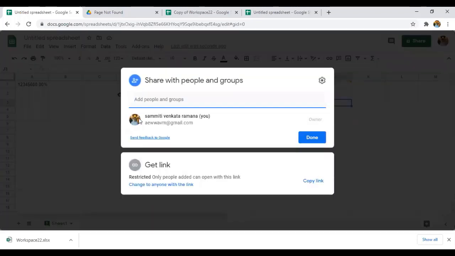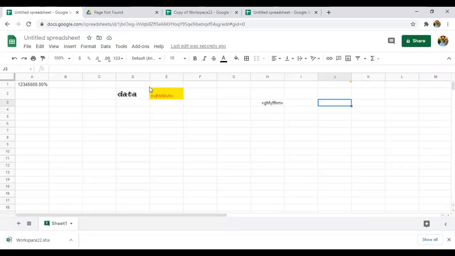Okay. So these are the main tools that we are going to use in the spreadsheet, that is Google Sheets. So this is how we are going to interact with the spreadsheet, or work with the spreadsheet. These are all the workings of the tools.